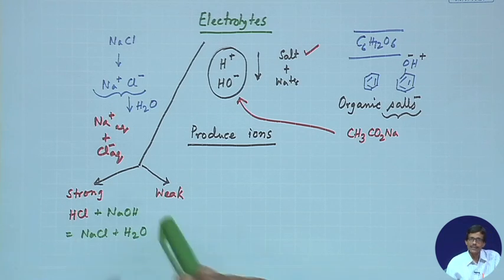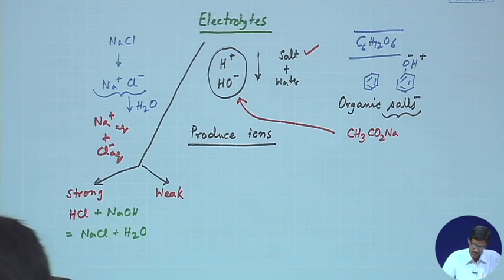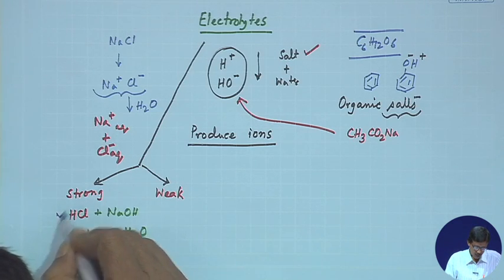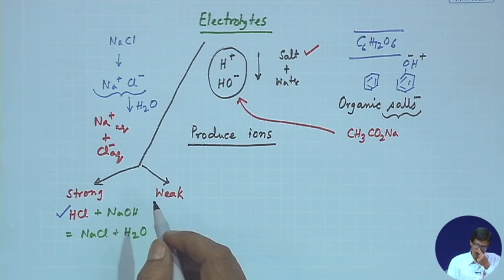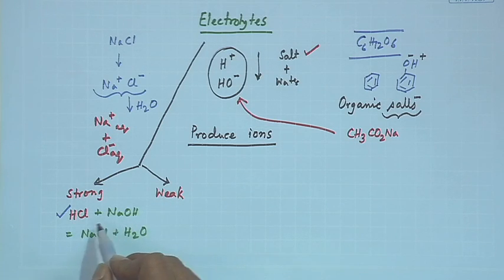So, when this reaction is taking place, it basically gives us the corresponding species. So, we get salt and water. This should also be a strong electrolyte. HCl is also a strong electrolyte, and when both of them are very strong, we know that this particular